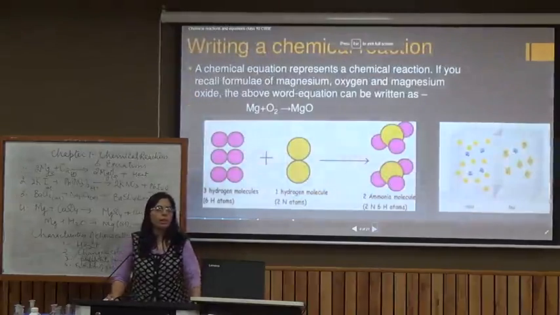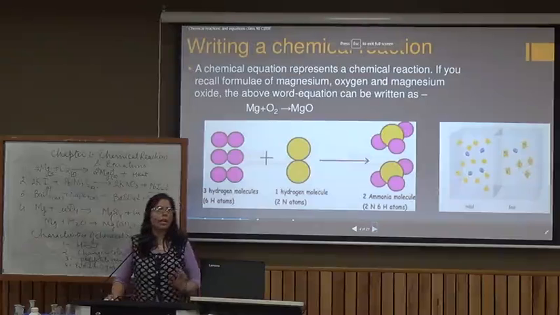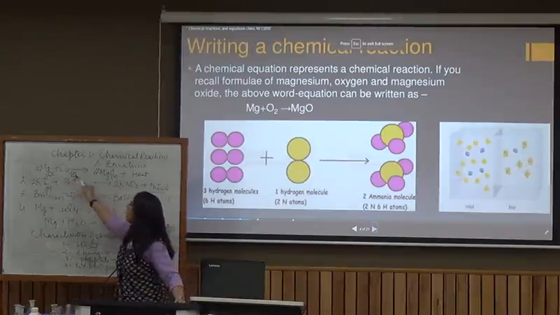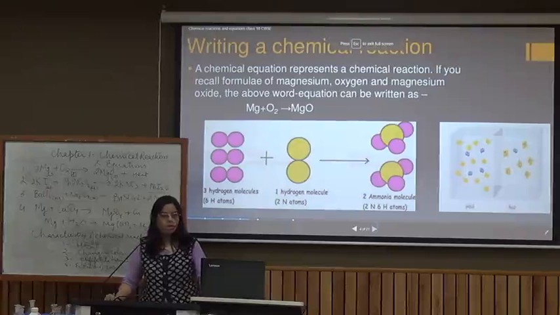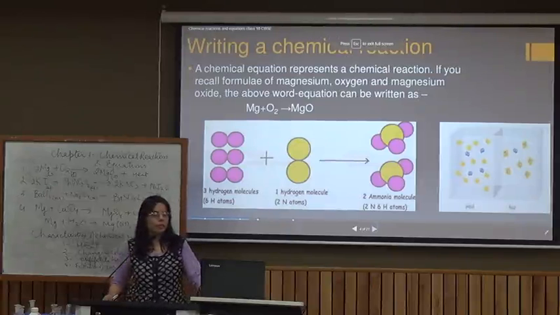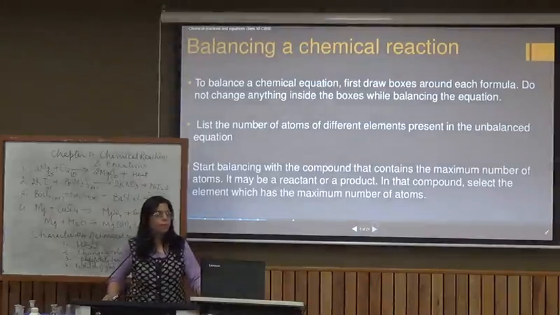What is a chemical reaction? So a chemical reaction is when the reactants change into products, and a chemical equation is one which is used to represent a chemical reaction with the help of symbols and formulae. So this slide shows you the reaction of magnesium metal with air, or burning of magnesium metal. Burning is always supported by oxygen present in air, or oxygen is always used in burning process.